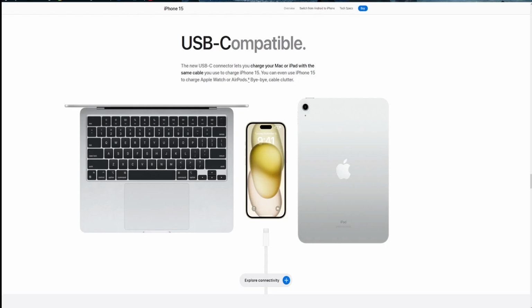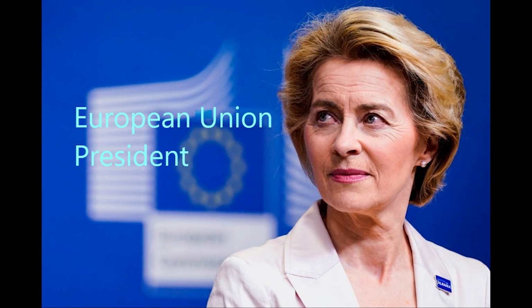And to be honest, if you're planning to get a 15, or if you already have a 15, you should feel lucky that you even have Type-C on an iPhone. And it's only because the EU was like, hey, Apple, switch your phone to Type-C, or you can get the out of the EU. And Apple's like,